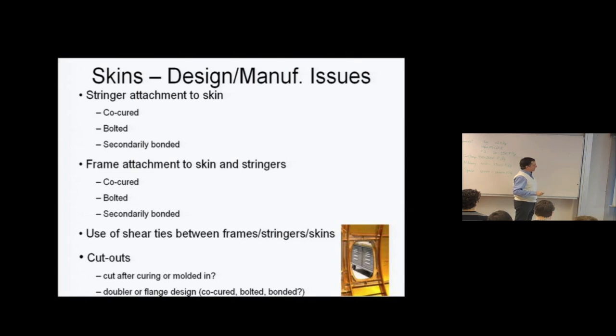If you have a window cutout or any form of a cutout, as you manufacture, you have to decide: do I want to make it without the cutout and then cut the cutout where I want it, or do I want to mold the cutout in, which means the mold itself will have special provisions such that I only place my material around the location where the cutout will be. You can do either, and both of them have advantages and